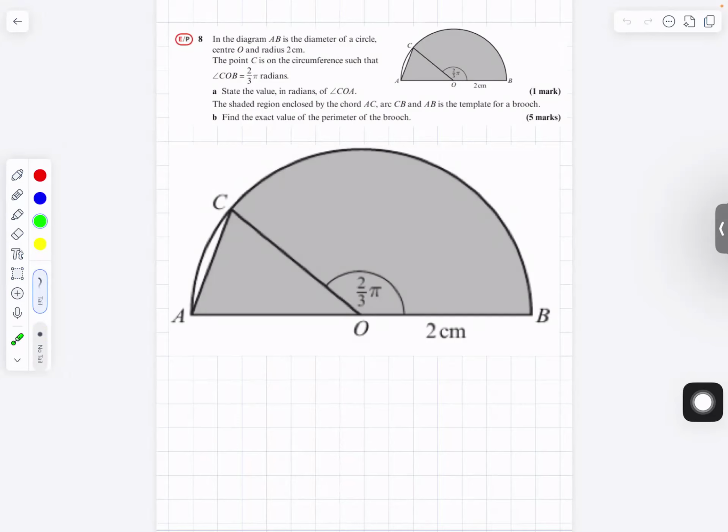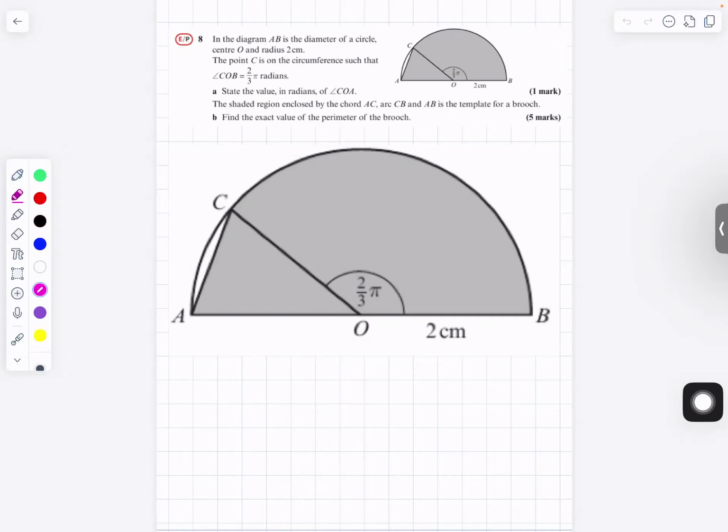And then the shaded region enclosed by the chord AC, the arc CB, and AB is the template of a broach. Find the exact value of the perimeter of the broach. So what we want to do is,